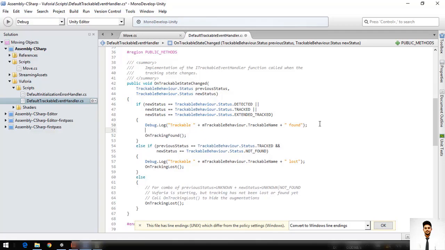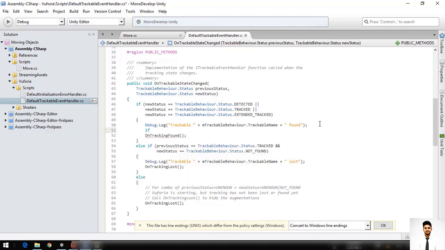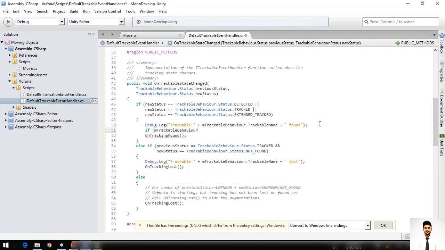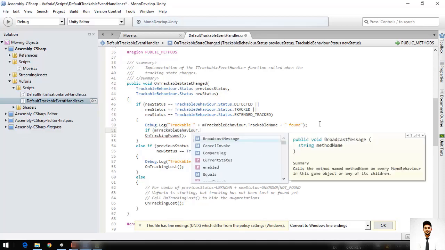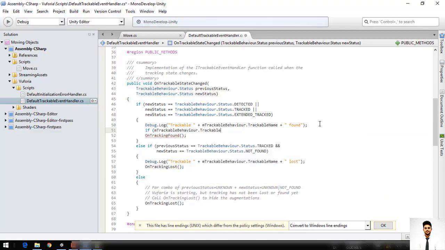Please have a look at the script I have here. So, trackable behavior, please follow the script. Trackable. I know the script looks quite messy, but please follow it.